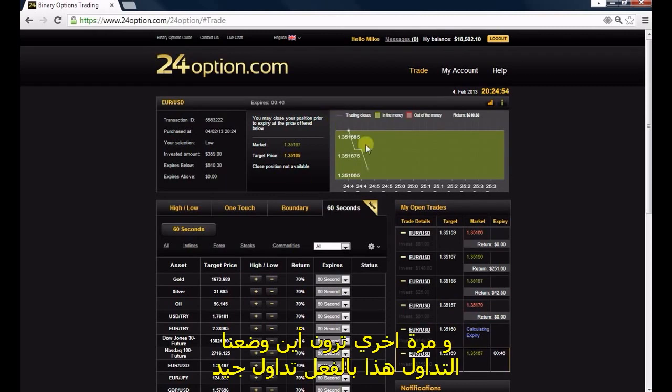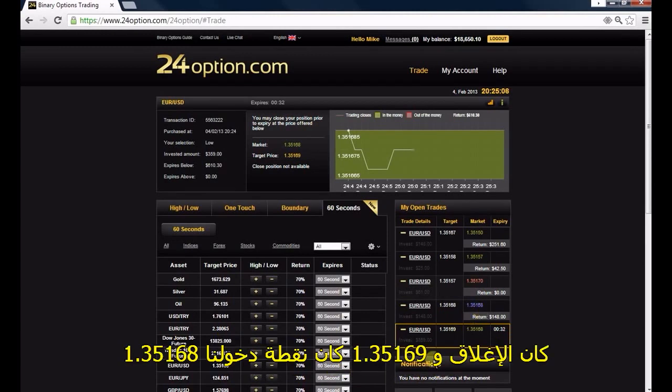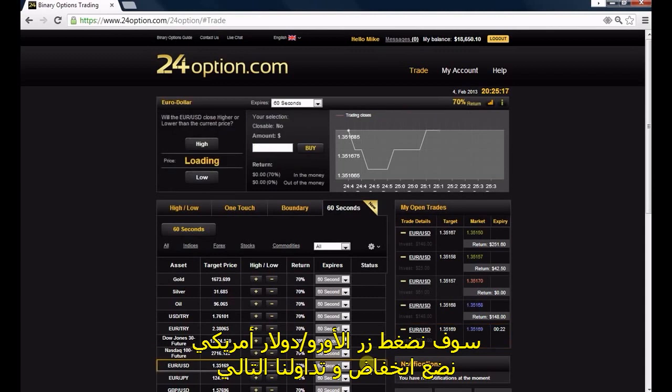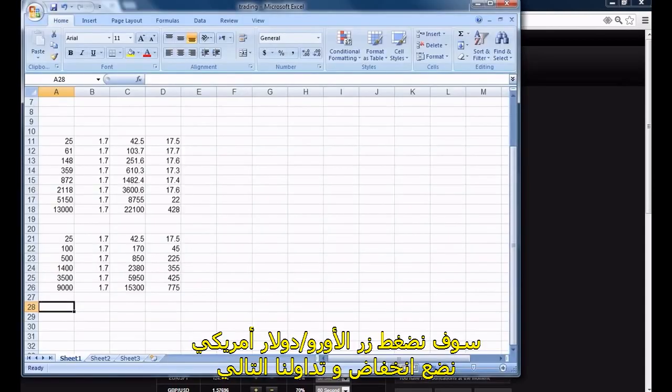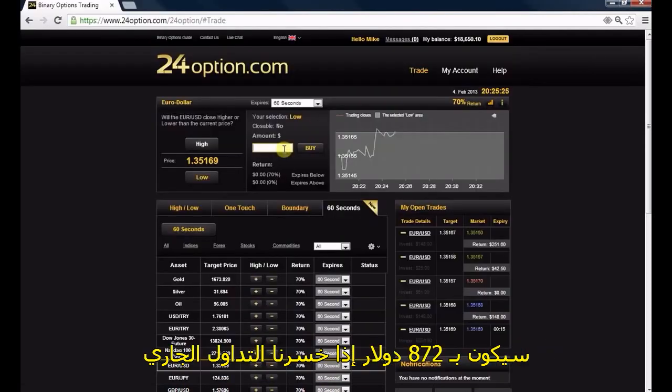And again, you can see how we caught the trend. Again, this is really good trading. We're entering and we're exiting at the right places. Very, very close to the previous trades. 1.35168 was the closing, and 1.3569 was our entry point. Okay, we're gonna hit Euro US dollar. Go with low. Our next trading is gonna be $872. If we lose this trade,